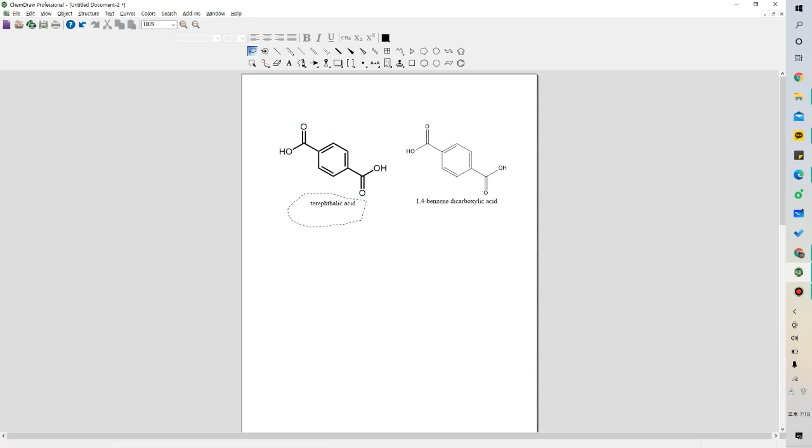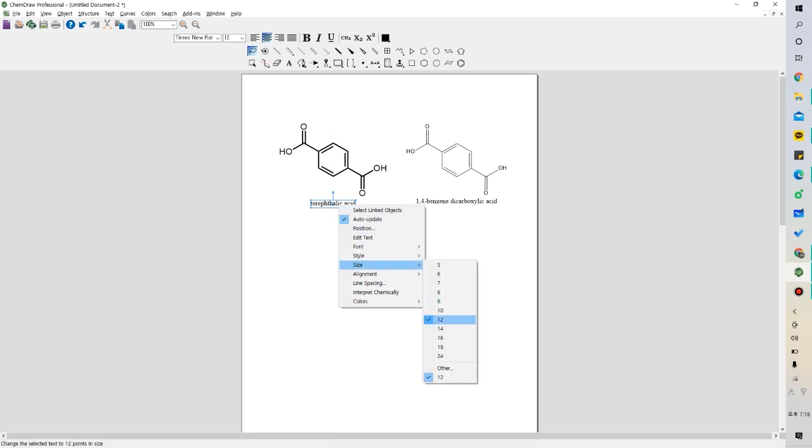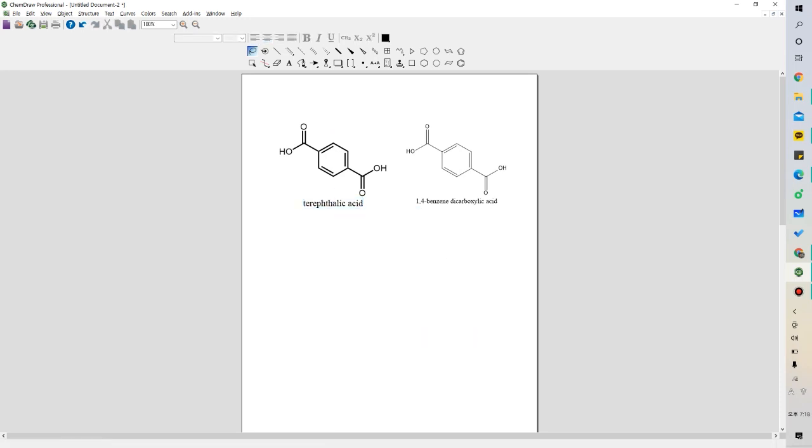If you want to change the size of the terephthalic acid text, you can also change the size to 16. Okay. So you can either import this structure directly to PPT by doing Ctrl-C, Ctrl-V as a PNG image, or insert it into Conquest in order to find the material you desire.